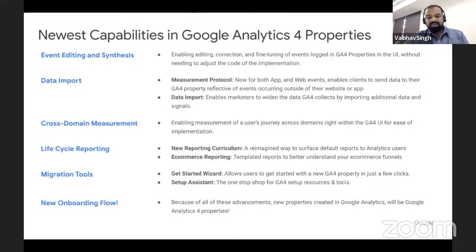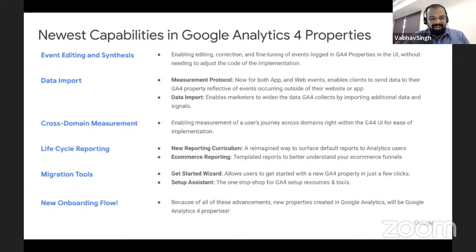One good thing which is added is e-commerce reporting. If you have an e-commerce angle to it, GA used to give very little data to e-commerce players, but now e-commerce reporting is also there. You could bind different actions: how many people have clicked on buy now, how many people have clicked on the cart icon, how many people have clicked on the favorites icon. You don't need to depend upon custom analytics for this. You could do all of this in GA4.